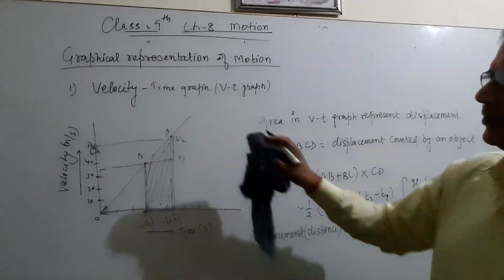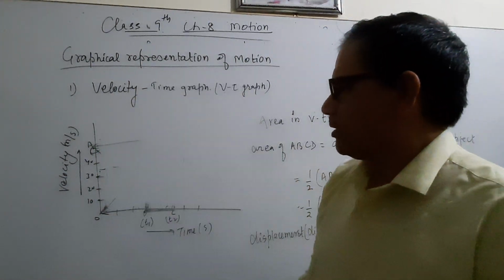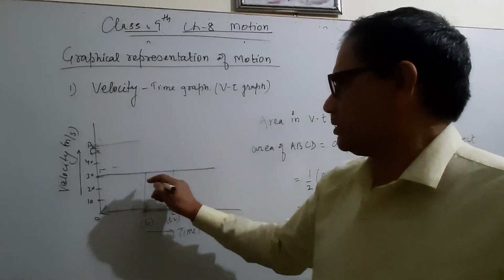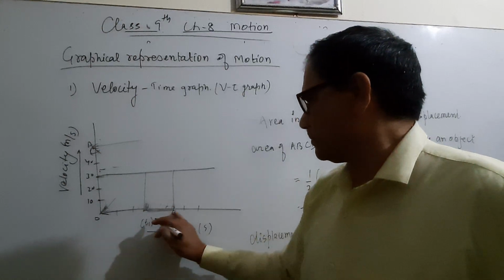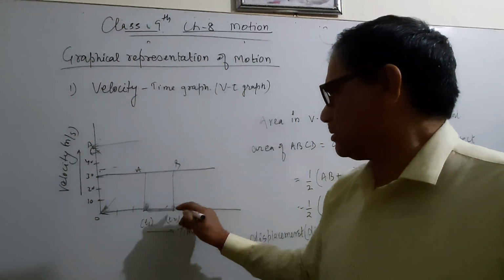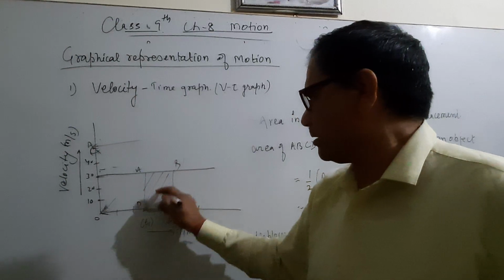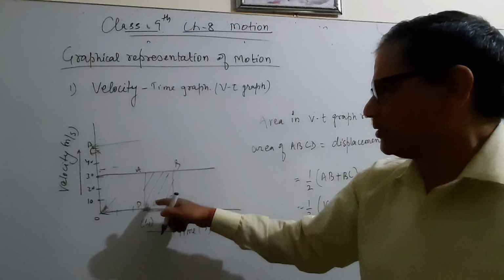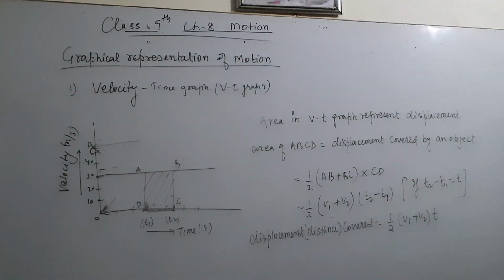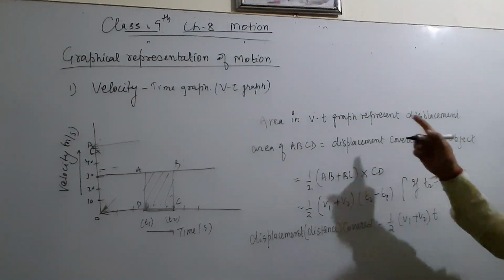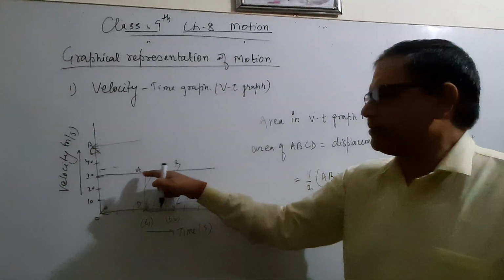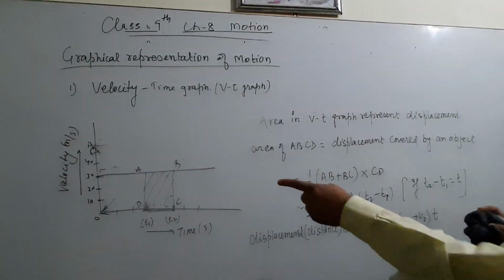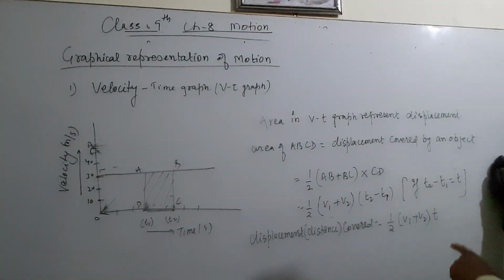Now, the same way, if we draw a line parallel to the time axis, this is T1 and this is T2, with A, B, C and D. This area under the velocity-time graph also represents the distance. It is the same whether the line is parallel to time or forms a straight slope. And how can we calculate the distance covered? The same formula applies.